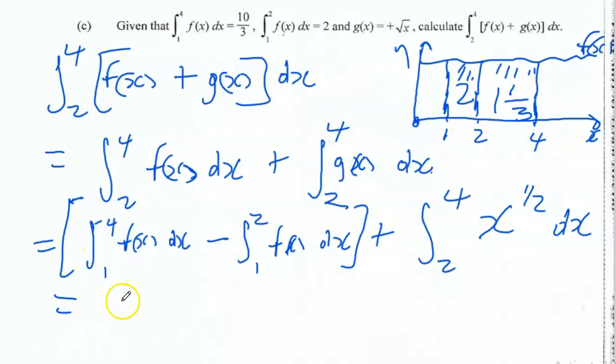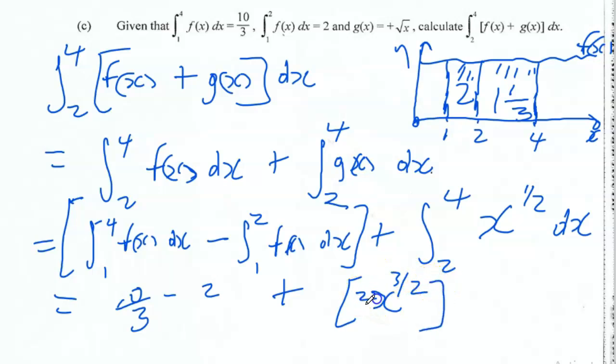So all of this will equal 10 over 3 minus 2. And 2 is 10 over 3 minus 2. So what does that come to? Plus this piece now, we integrate x to the half again. Add 1 to the power. Add 1 to half, we get 3 over 2, or 1.5. Divide by the power, so dividing by 3 over 2 is the same as multiplying by 2/3. Right? Between the intervals